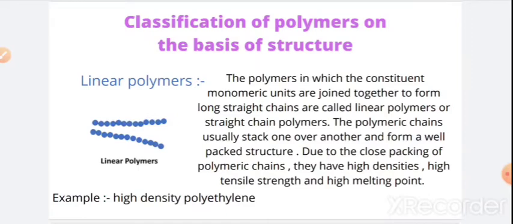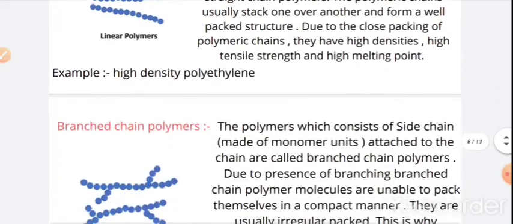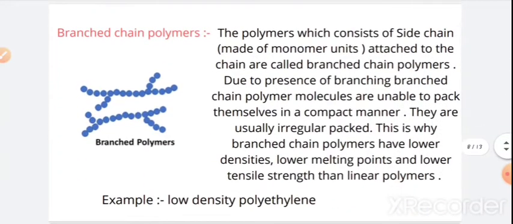Actually, linear polymer is a long constituent chain of carbon and carbon bond with the remaining two valence bond attached primarily to the hydrogen or another relative small hydrogen atom, right? The example of the linear polymer is high density. Now the next is branch chain polymers.